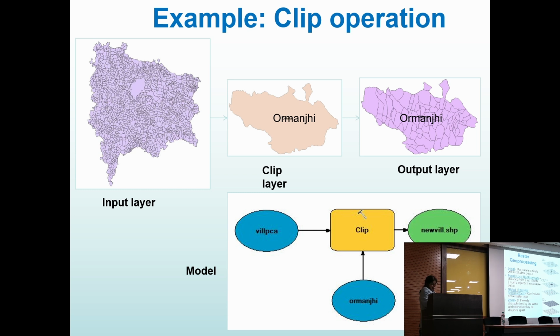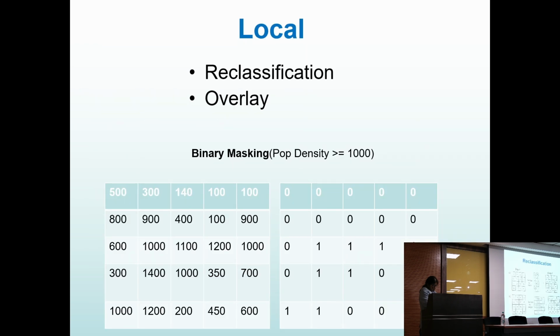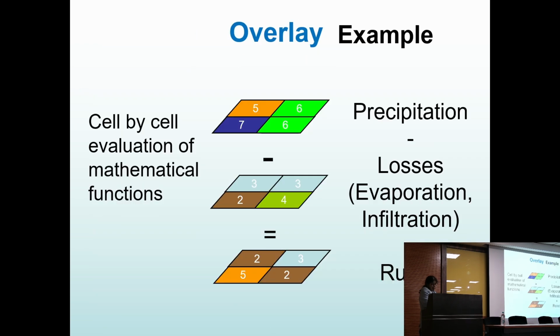Now similar way, there are different techniques for raster analysis. In raster, basic classification is local, focal, global, regional. Under local, your reclassification, then overlay. Reclassification is single layer, whereas overlay is multi-layer. So different techniques which are coming under this raster also. Like this is overlay, it is multi-layer, and here it is